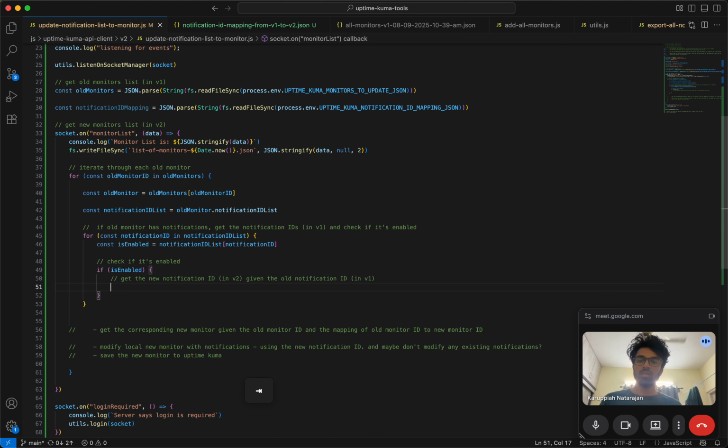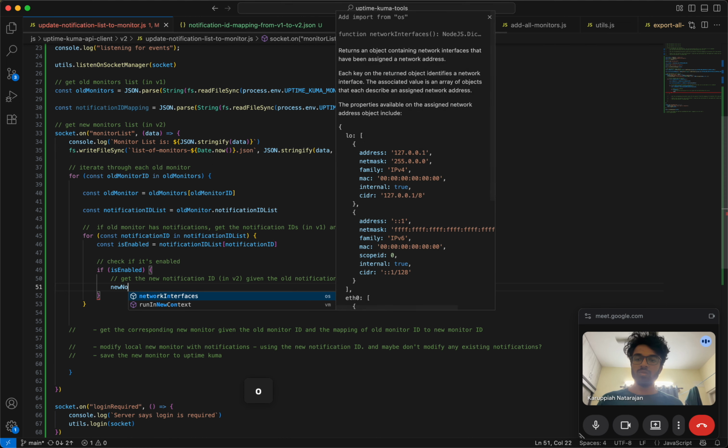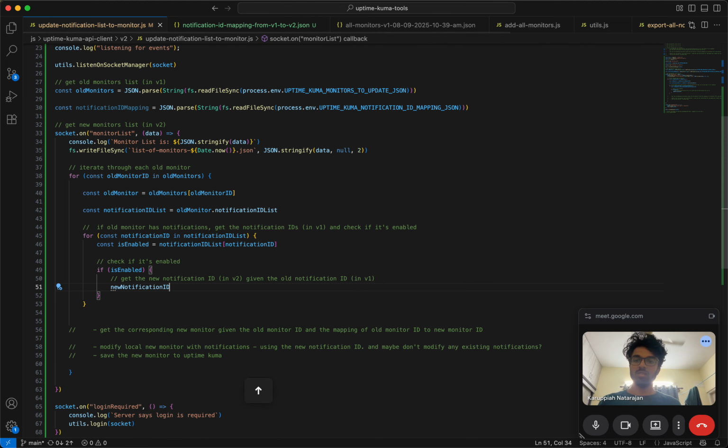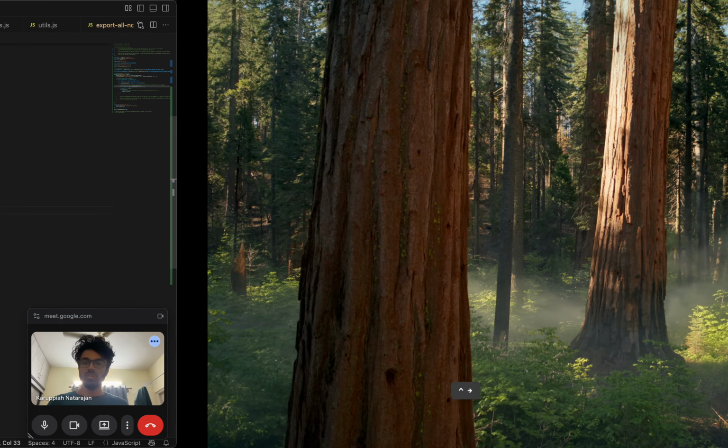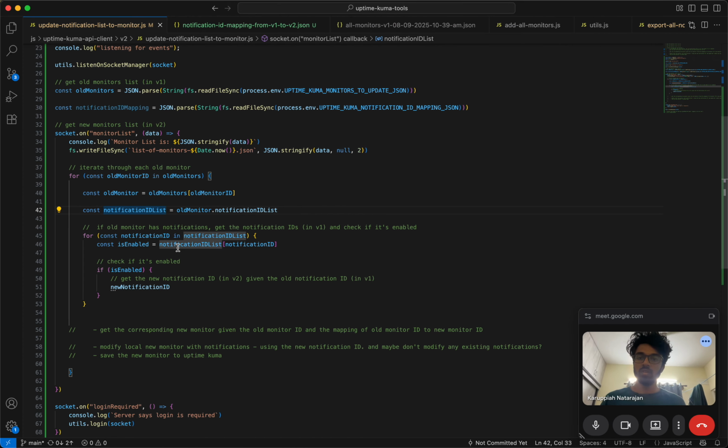And then get the thing, and here I'll say something like, how do I know if this is there? Okay, so new notification ID. Okay, this is actually old notification ID. Notification ID list. I can say old everywhere. Let's say old notification ID list. Old notification ID, right,